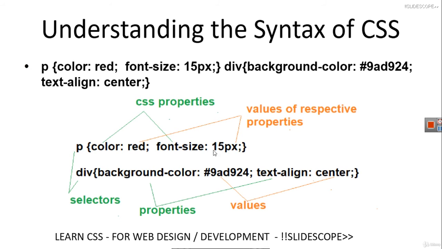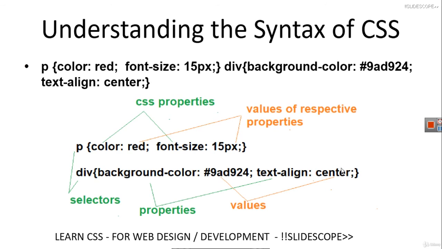properties here. Similarly, we have selected div here, and div is used to create a division, or you can say div is a container tag. So we contain most of the code in a div tag, and the div tag helps a lot in alignment and providing a width to our elements and everything. We will study the div tag in a different section. So you will study the div tag in the HTML part. Now we have background color, hashtag, NAD. So this is the color code of some particular color. We have text align center.